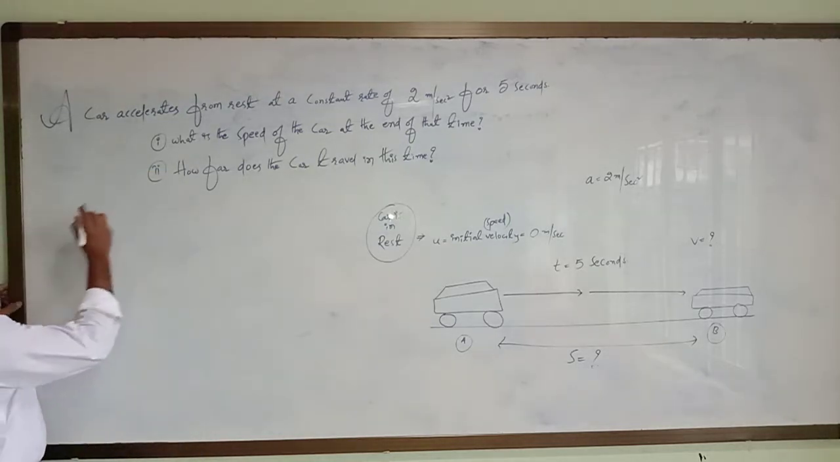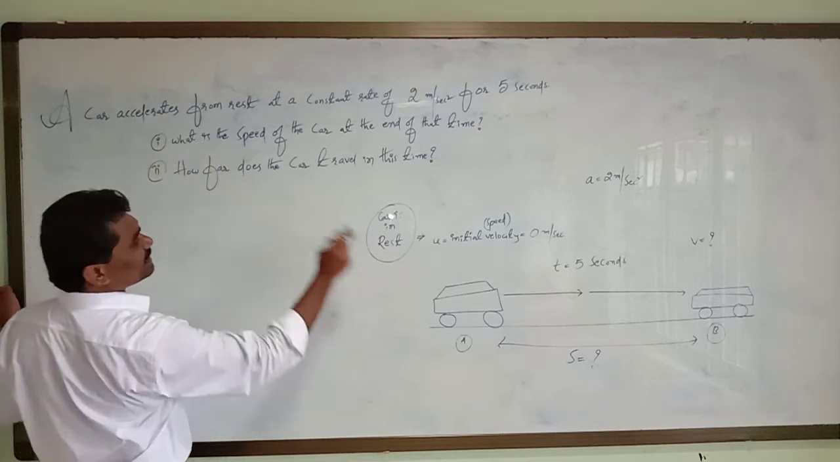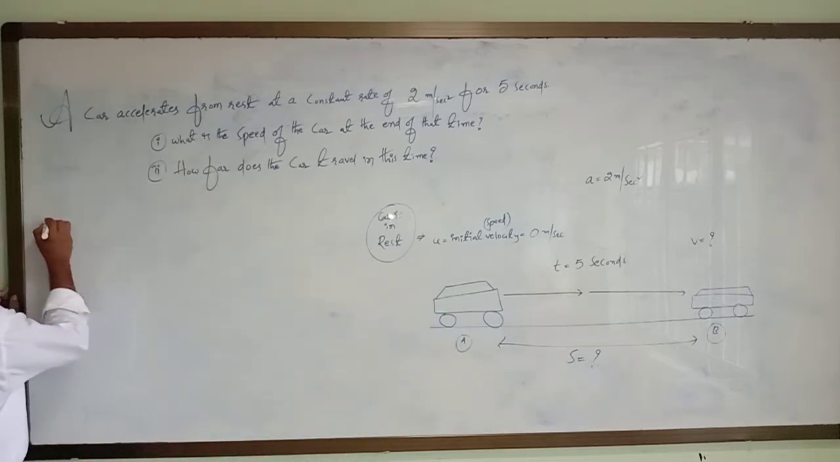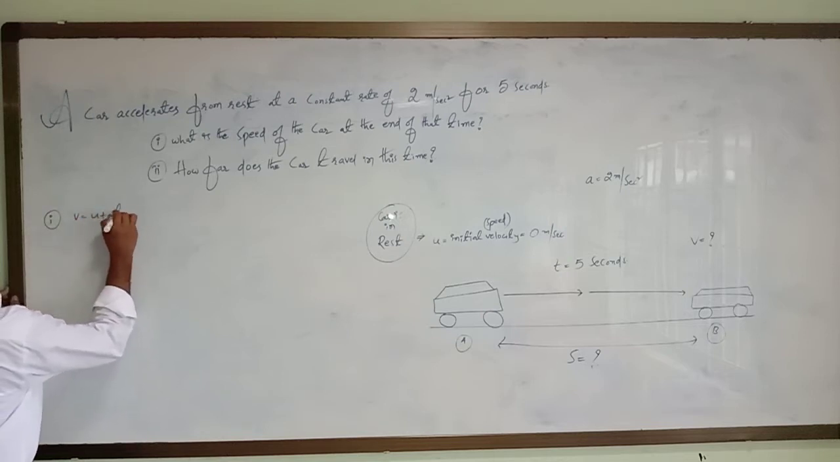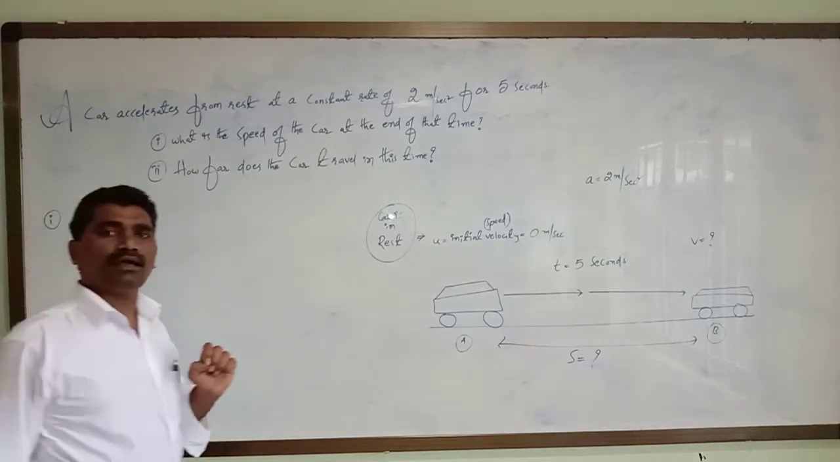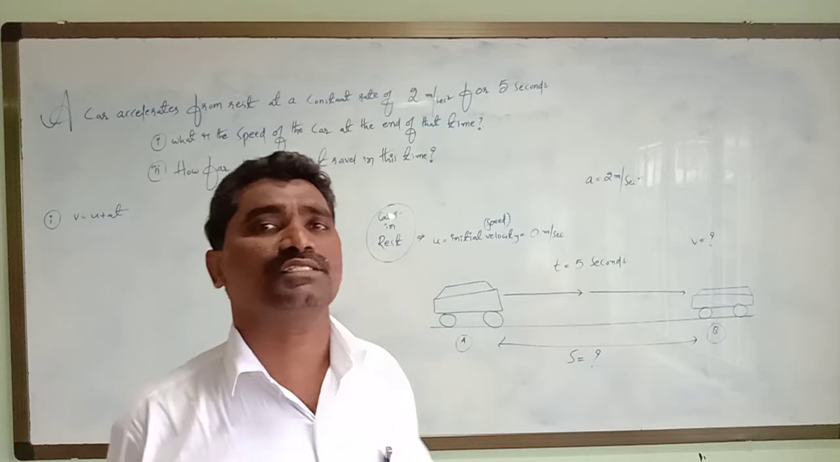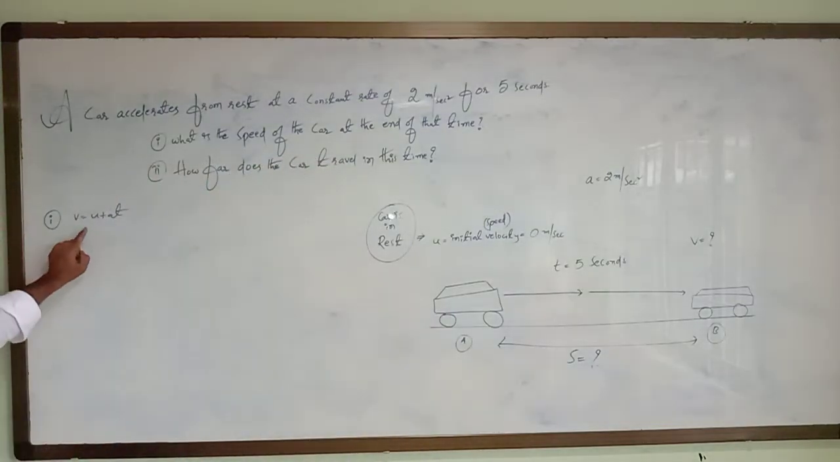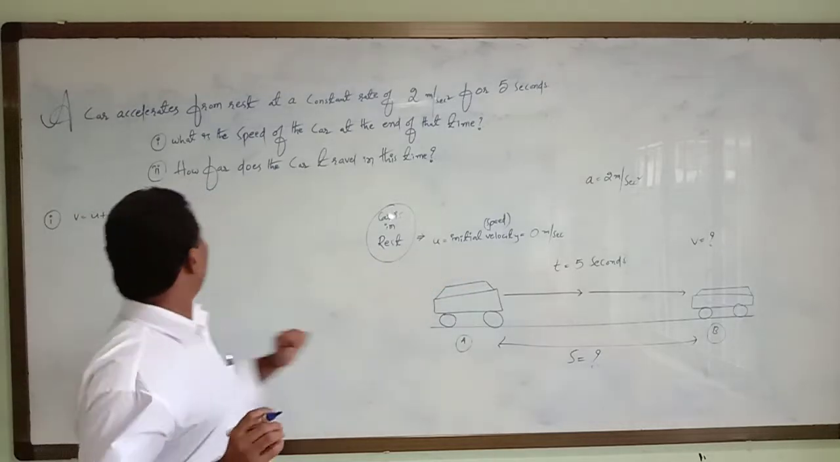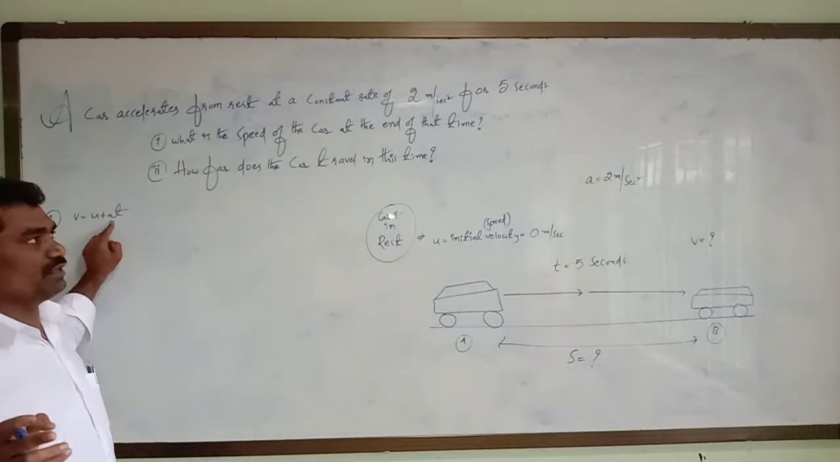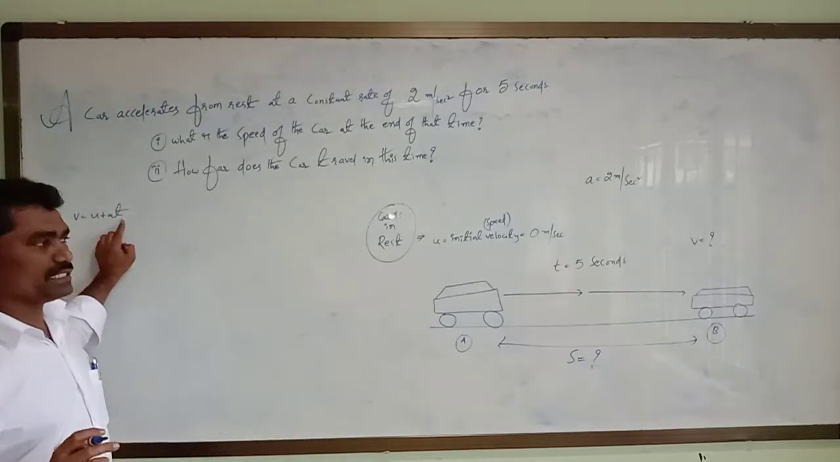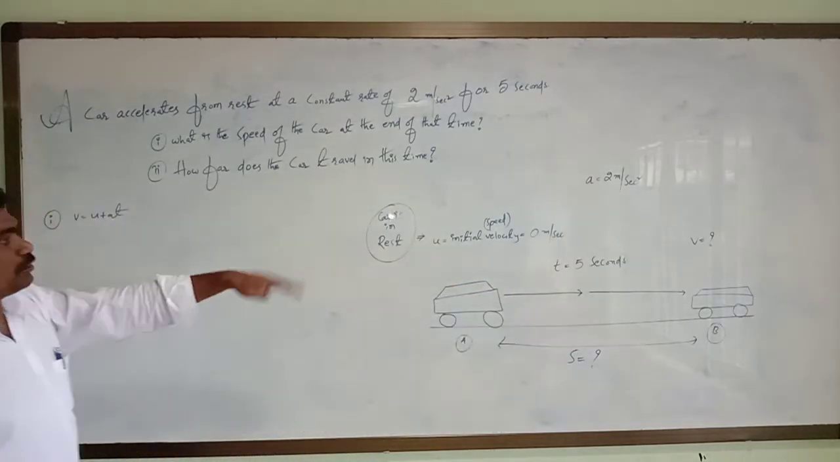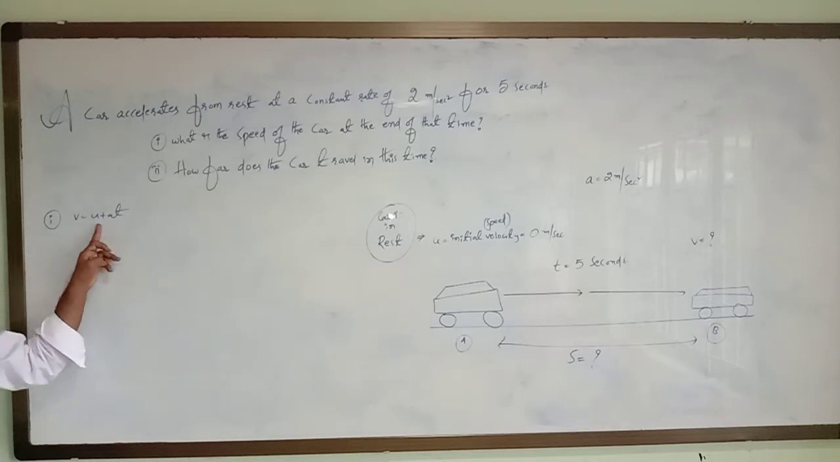First of all, to calculate the final velocity of the car, we have one equation of motion. That is v is equal to u plus a t. This is the formula used to calculate the final velocity. Why should we use this formula? Because initial velocity has been given, that is 0 meter per second. Acceleration is also given, that is 2 meter per second square. Time t is also given, that is 5 seconds. If we substitute all those values in this equation, we can find out the final velocity